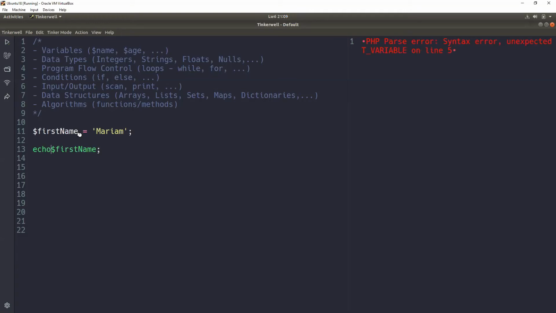So when we say echo what is in first name, it goes to that memory location in your RAM that we called first name. It reads what is there, which is the name Mariam that we had stored, and then it echoes it out, which is what you see on the right. So is there anything very confusing there specifically?